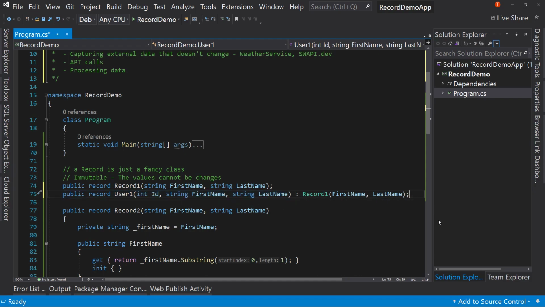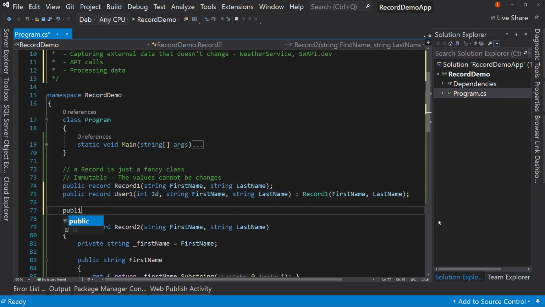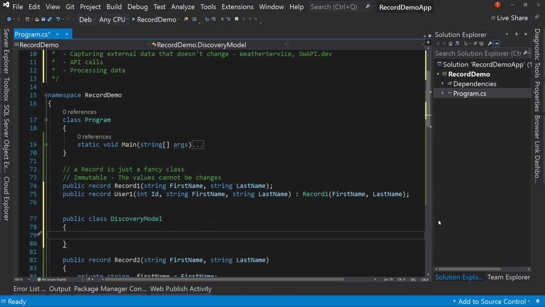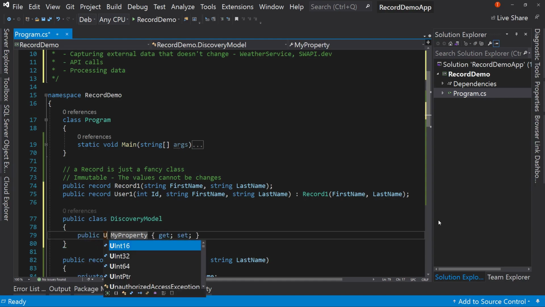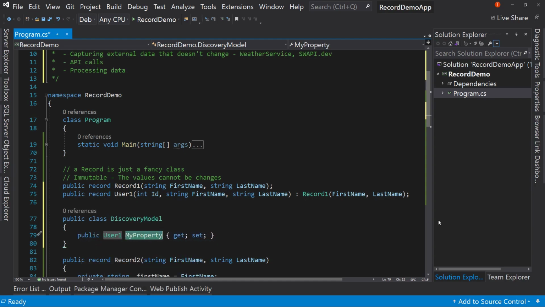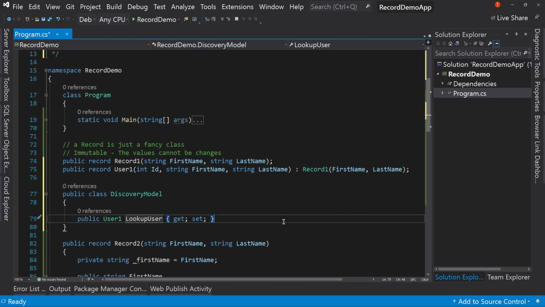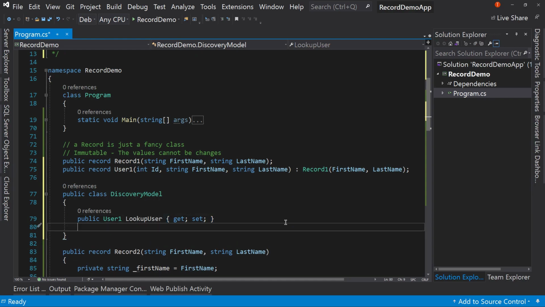But maybe what you do is you create a public class they call DiscoveryModel, where you say prop user1 is the user lookup user, where user1 is a record, but it's a property inside a class. That's fine. And then you can have